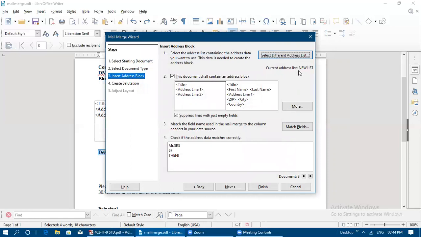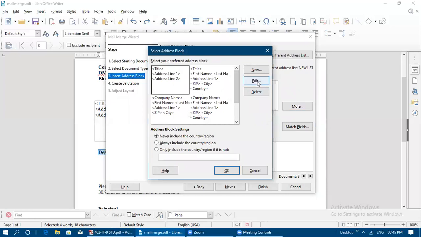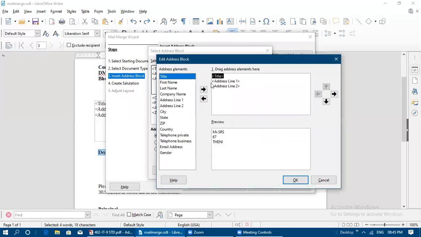Currently, the current address list will be changed to the created list. So now I have given a new list, but if you want to use the created list, you need to click on OK there. Afterwards, the variables and all the fields we have used in that newly created list will appear here. Here also, if you want to do any editing, you can click on more and do editing by clicking on edit. You can do some changes here. According to that, this preview window will show the details.